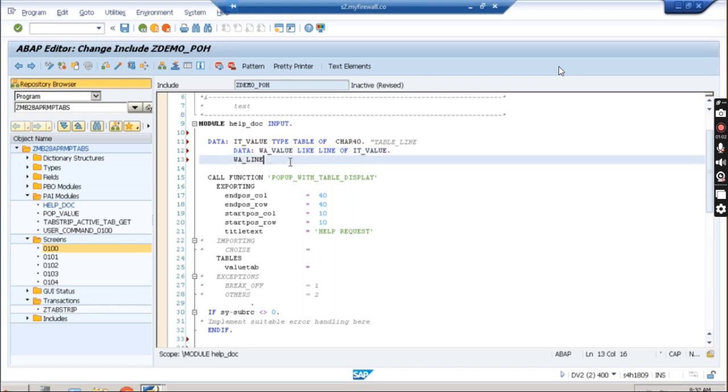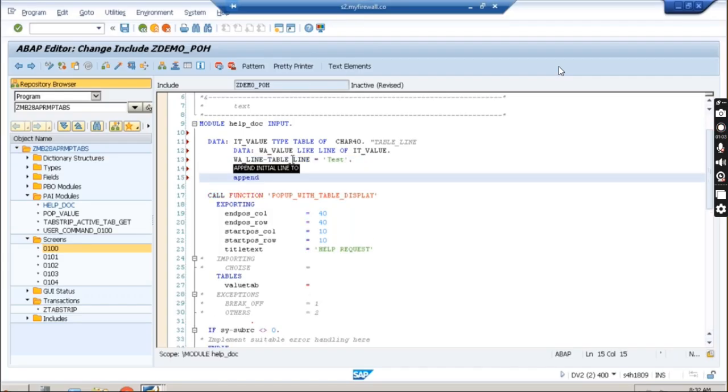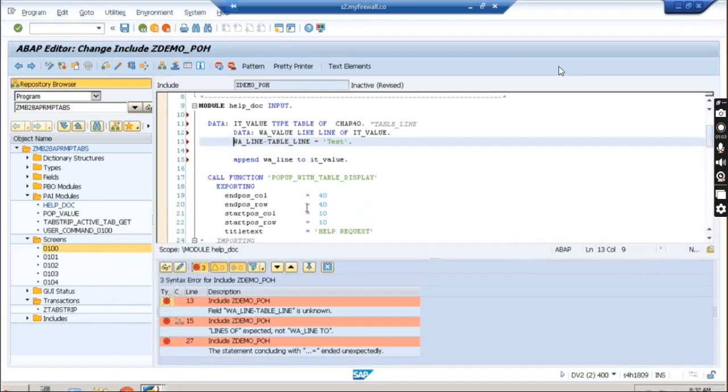So w underscore line, control space, table underscore line. Explicitly I'm giving it, let us check if it's working or not. Full stop, and append wa underscore line to it underscore value. Check the syntax if it is fine. Some error is there, it's telling this particular value is not